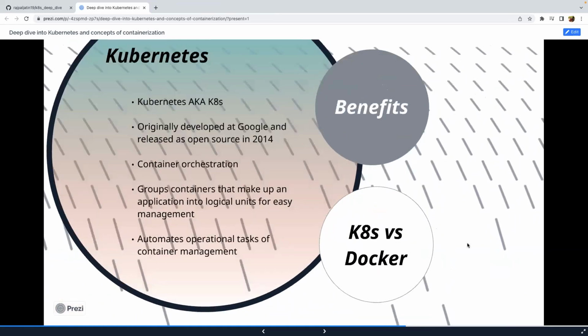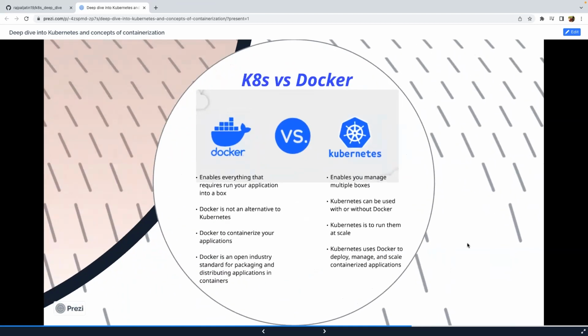And I feel this is an important slide for understanding Docker and Kubernetes. If we talk about both of them in parallel, Docker, think of it like you are packaging or bundling your application into a box. As a byproduct of containerization or Docker, you have created a box. Now once you have created this box, what to do with it?